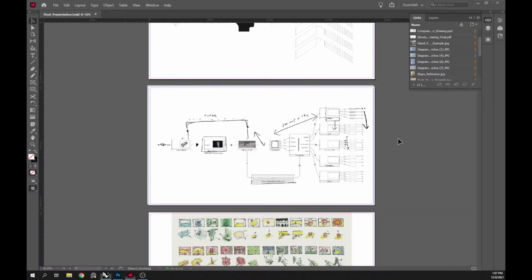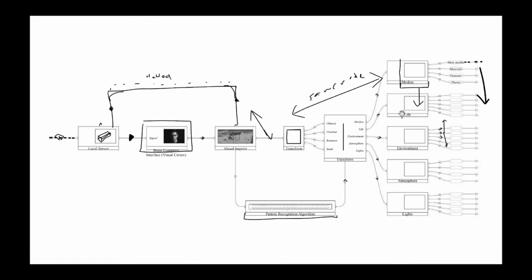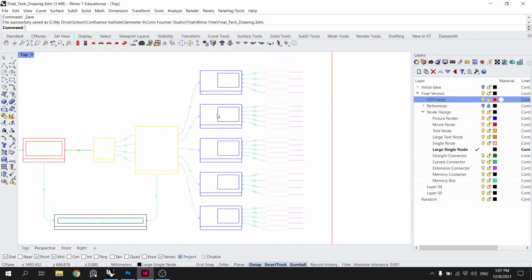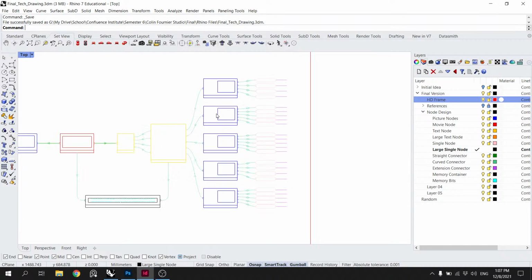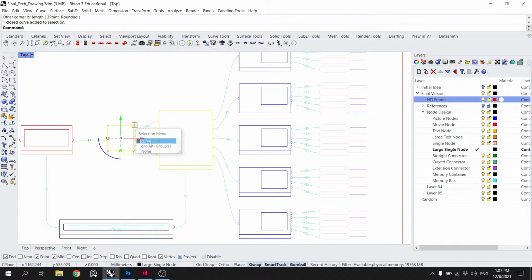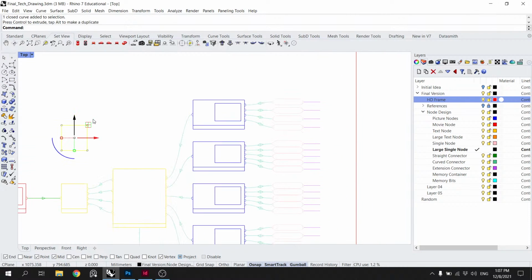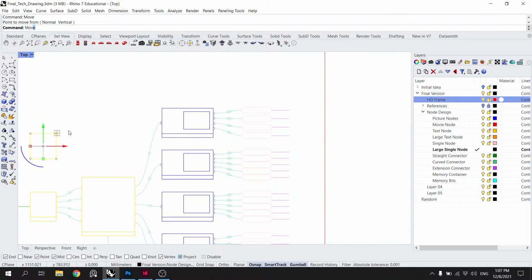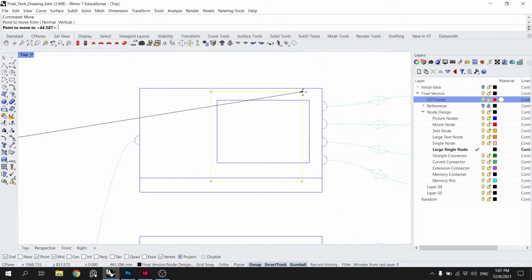What else do we need to do? So we got, these all need to become half versions of themselves. Which potentially end up looking like this. So I think the trick is to make a rectangle, move that rectangle to this point.